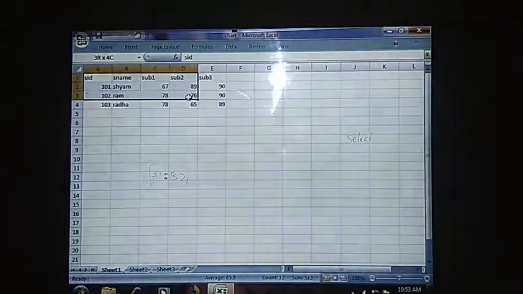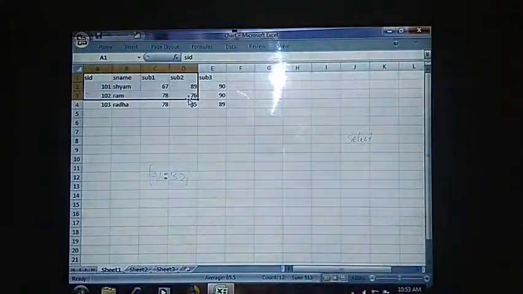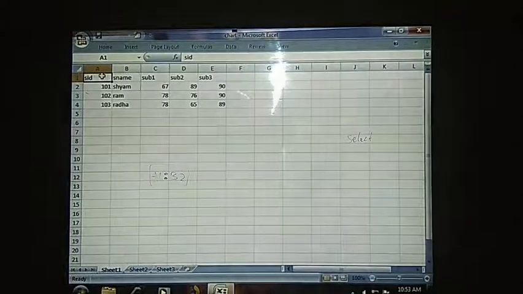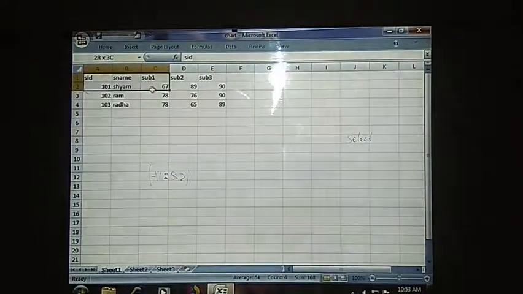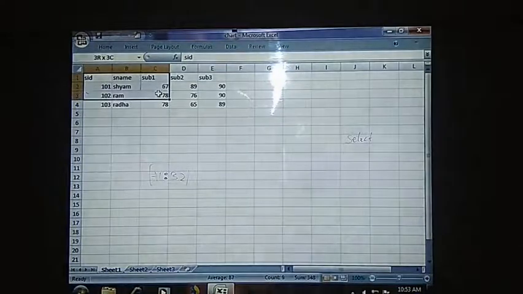If I am selecting this, see here, the number of rows and columns that I have selected is displayed in the name box. After leaving, it shows A1. But observe in the name box, you can see how many rows and columns we are selecting. I will do it once again. I click on A1, hold the left button of the mouse and drag it. Observe the name box: 2 rows, 3 columns. If I go down, 3 rows, 3 columns. Like this, it gives us the information.